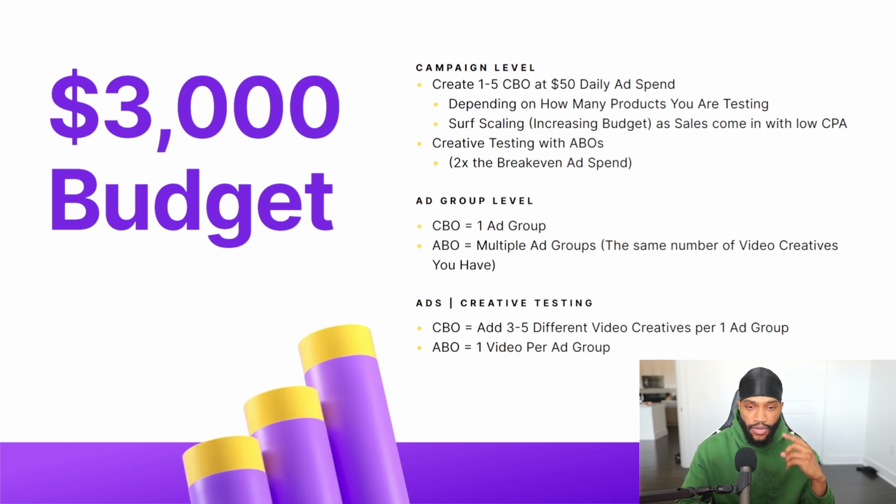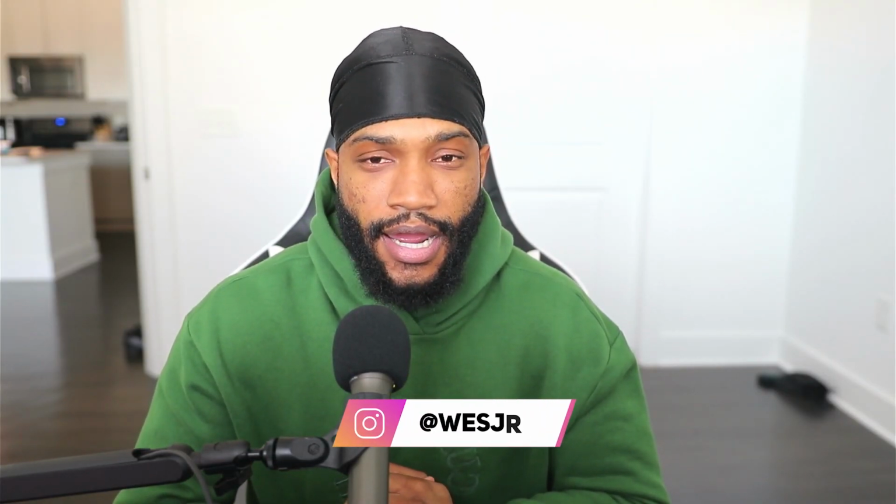Like I said, for the CBO, you have one ad group, similar to how we talked about in the past. Each CBO will have multiple videos inside of it at the ad level. The ABO will have multiple ad groups, the same number as the video creatives that you have. So if you have 5 video creatives, you'll have 5 ad groups. Each ad group will have 1 video. So that is my Facebook or Meta ad strategy and how I was able to generate over $5,000 in a